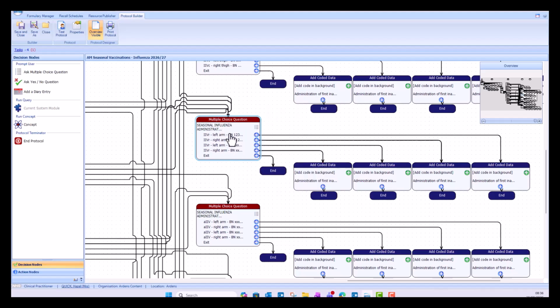Each of these options will have a link to an ad-coded data box. It's crucial that for each vaccine type, you also edit each of these associated ad-coded data boxes. It's these boxes that actually add the data to the patient's records. Click on the line and follow it to the relevant box. Double-click on the ad-coded data box